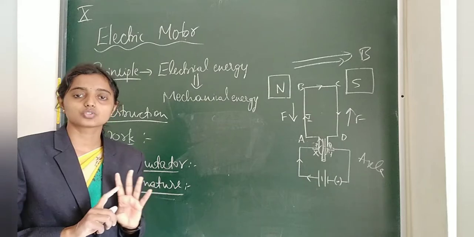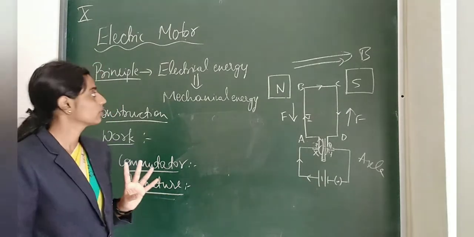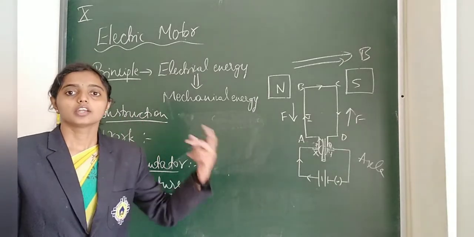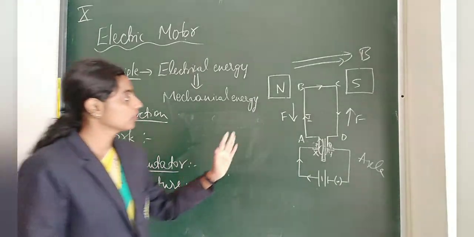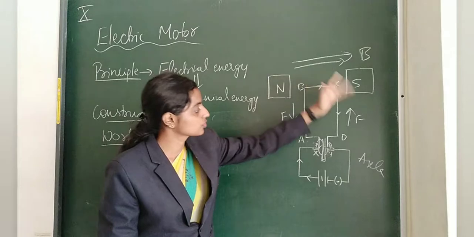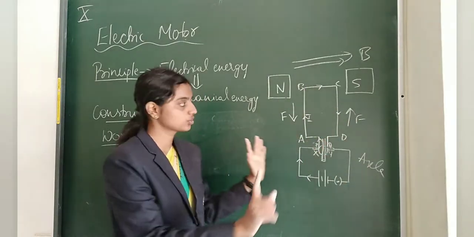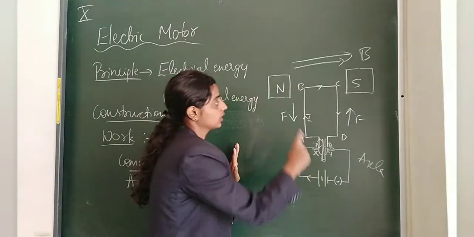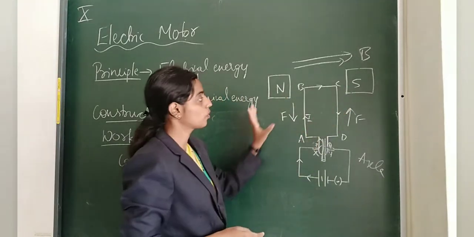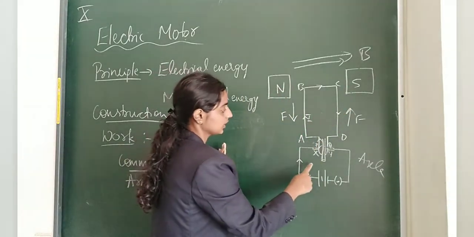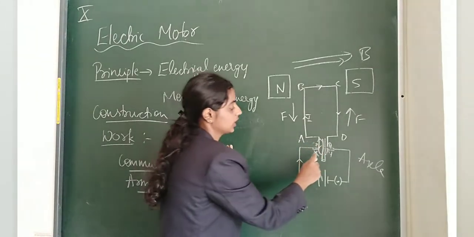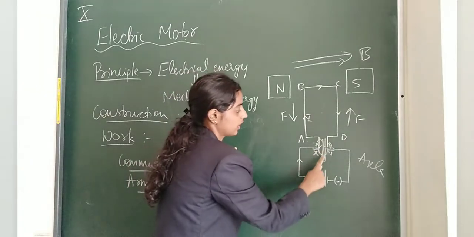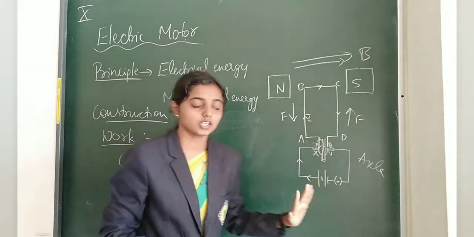Usually they won't ask you to write the complete thing. What they will ask is, for 1 mark they will ask to write only the principle. If not, with the help of a labeled diagram, so if you write like this, later on you should explain separately. A, B, C, D is the rectangular coil, north and south are the poles of a magnet. And then what? P and Q are split rings. Then X and Y are stationary brushes. This one we have as the axle. This you should explain.